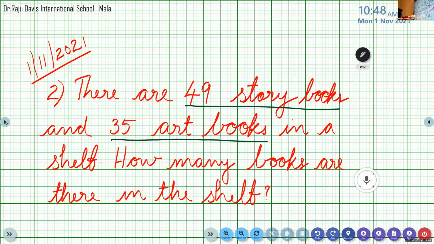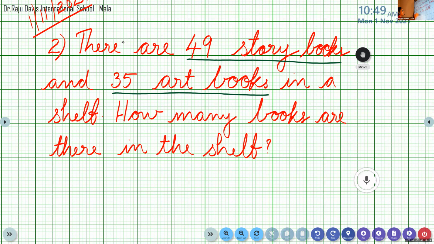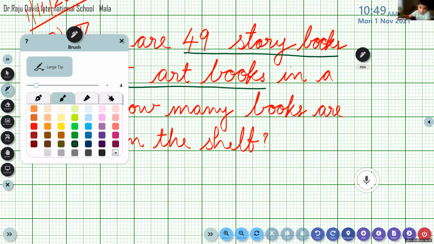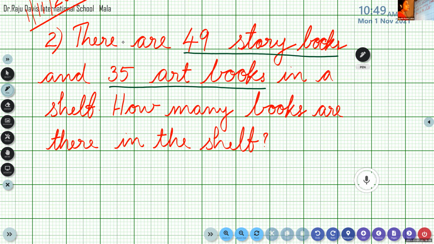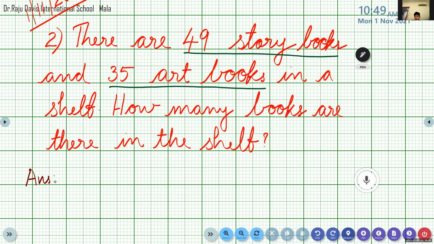Okay. So I'm going to write the first step. So in the last class, we studied how to write the steps, isn't it? So Shankar, can you tell how to write the first step for our word problem? How to start the step? Which word we have to use there? We have to start with number. Number of. Yes. Now, how should we start, number of storybooks?